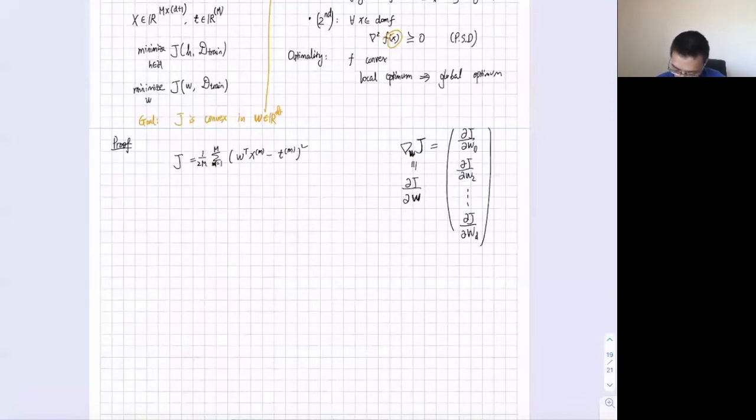You start from 0 and you go to D. So let's consider one element at a time. So let's say for the partial derivative of J with respect to Wi for i from 0 up to D, okay? So that is,